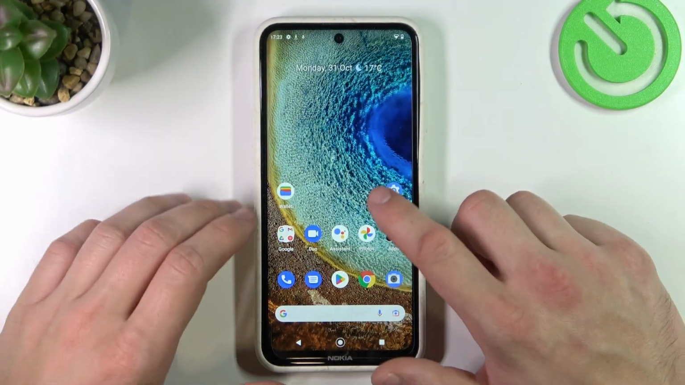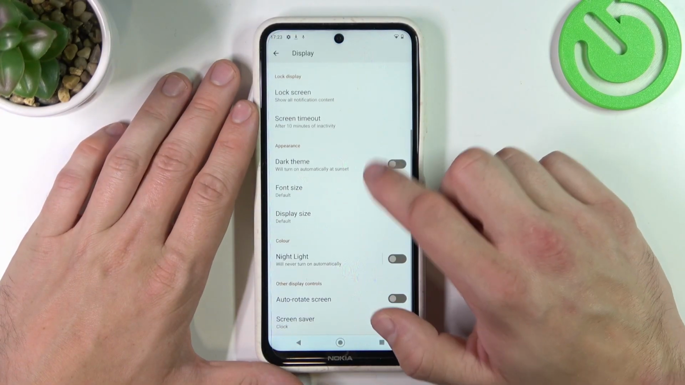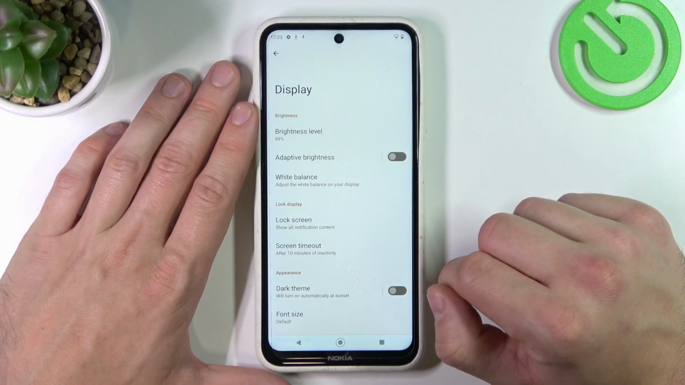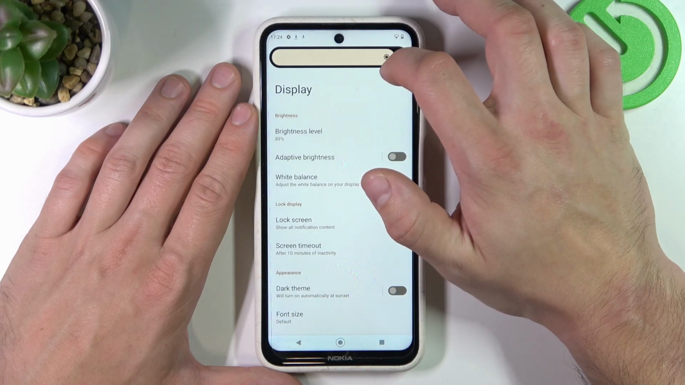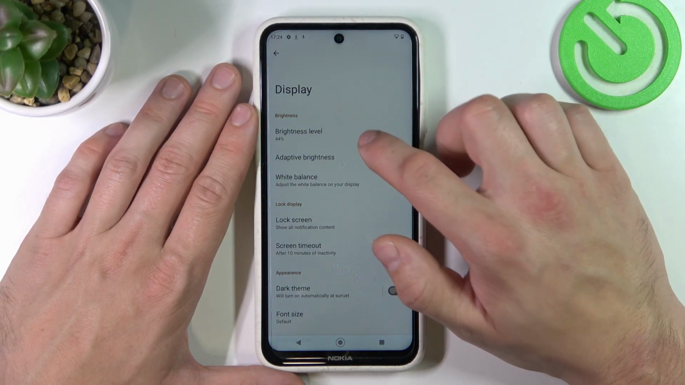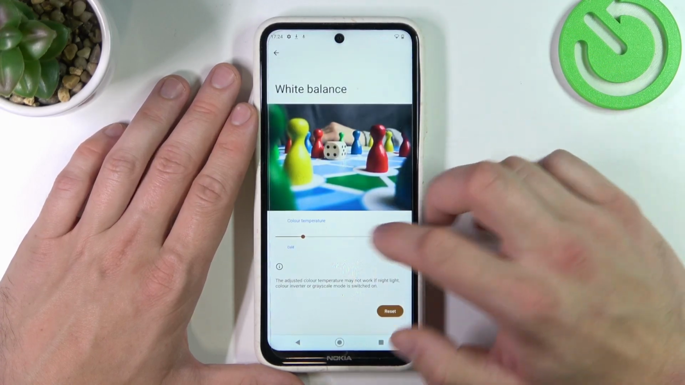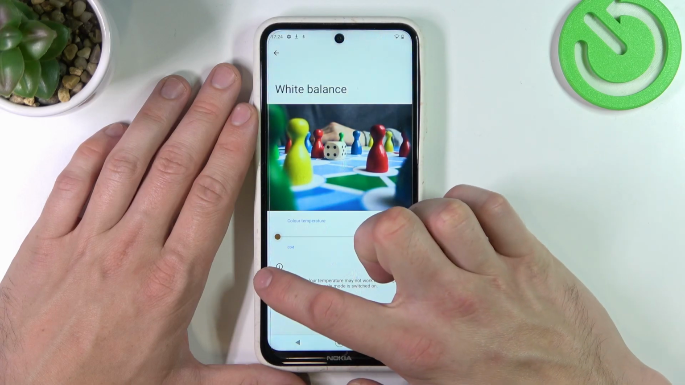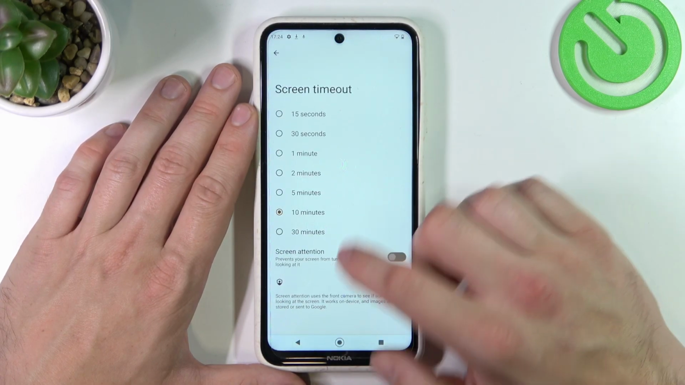In the beginning, let's go to settings, enter display, and as you can see right here we've got all settings for our display. Let's start with the top of the list, where you can change brightness level of the display, enable or disable adaptive brightness, change white balance between warm and cold, manage lock screen preferences,